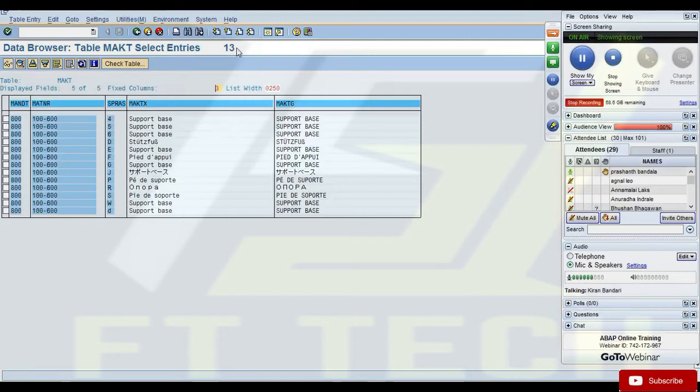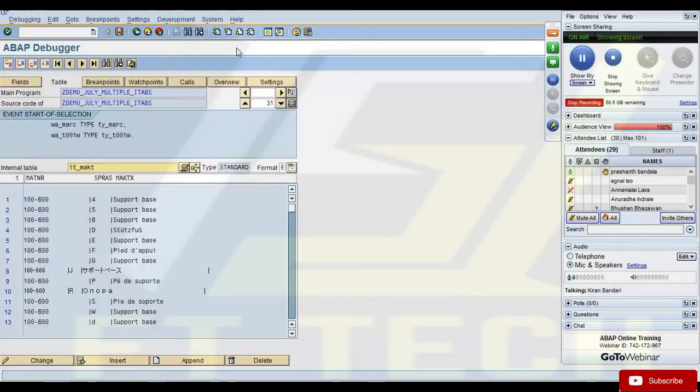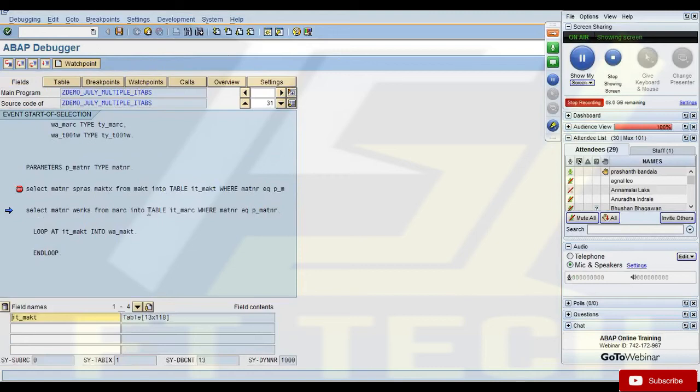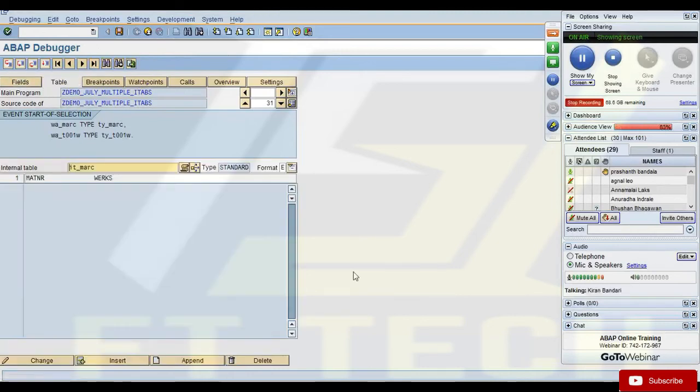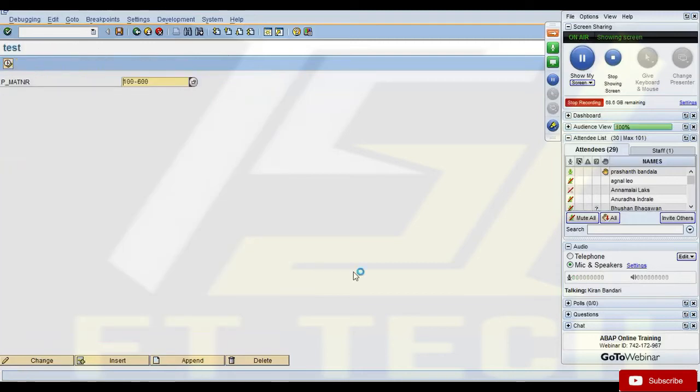So I brought all these records in one go into my internal table. Same way, IT_MARC: if I execute the select, all the 5 records that are there in MARC are in my internal table.